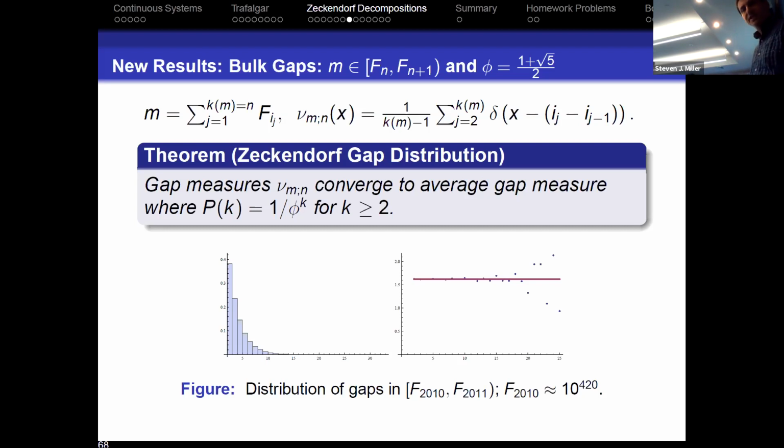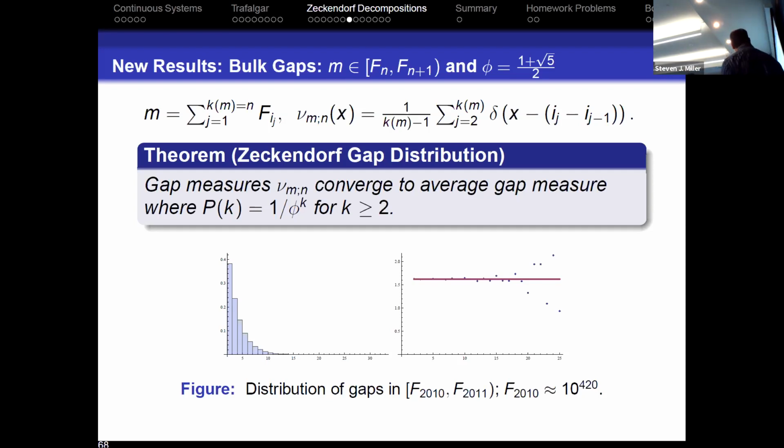So the theorem says that the gap converges, if you look at the average sense, and I don't want to go into all the details, to 1 over the golden mean to the k, where k is greater than or equal to 2. So as a nice exercise, it's a probability distribution. It should sum to 1. So you should show that the sum of 1 over p to the k goes from 2 to infinity, sums